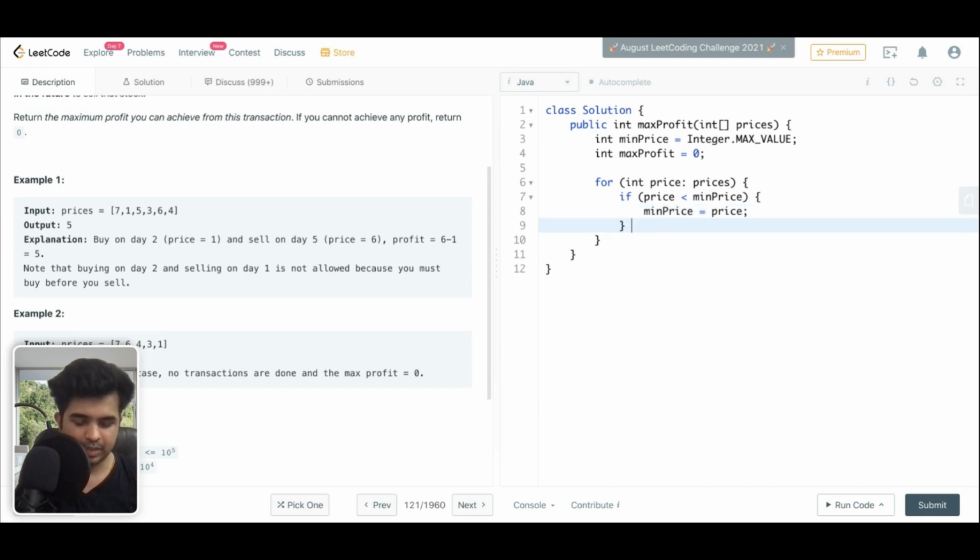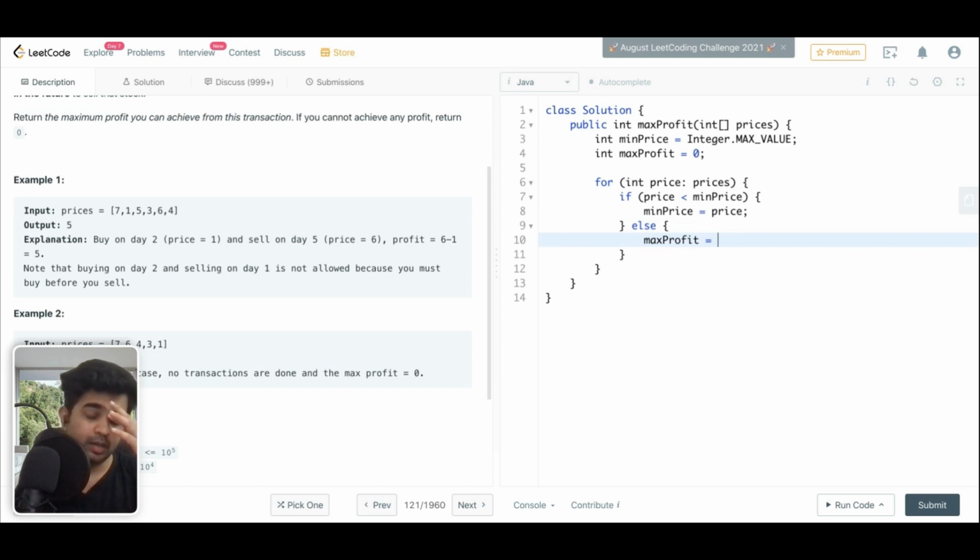If that is not the case, we need to calculate what profit we are getting. We can update our max profit in case the current profit is greater than the profit we have till now.